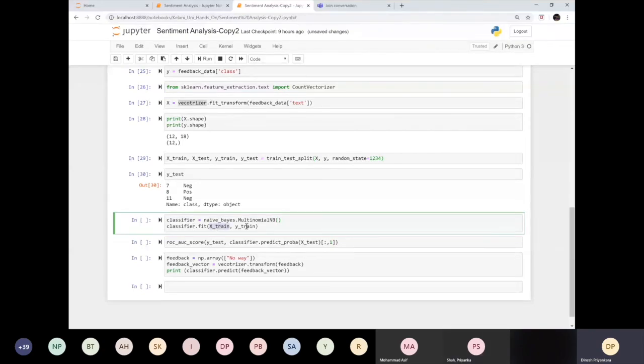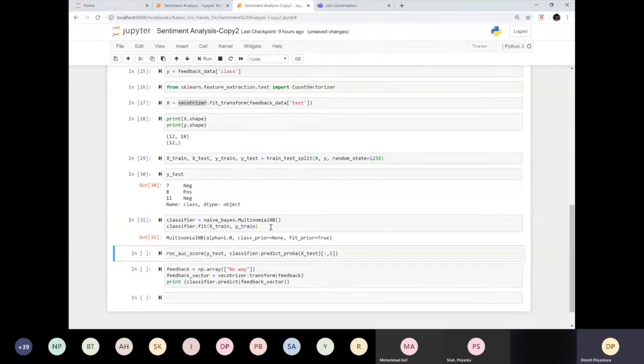This is how it finds a formula. Once it is executed, it has some sort of formula. Remember, we are just using 12 records, which is not good. You have to use a large number of records. But since this is just a demonstration, I'm not going through a large data set. Right, I have trained my machine. Let me see the accuracy.